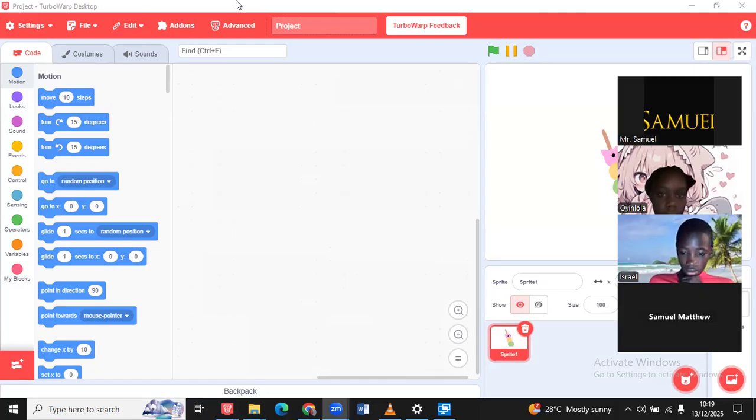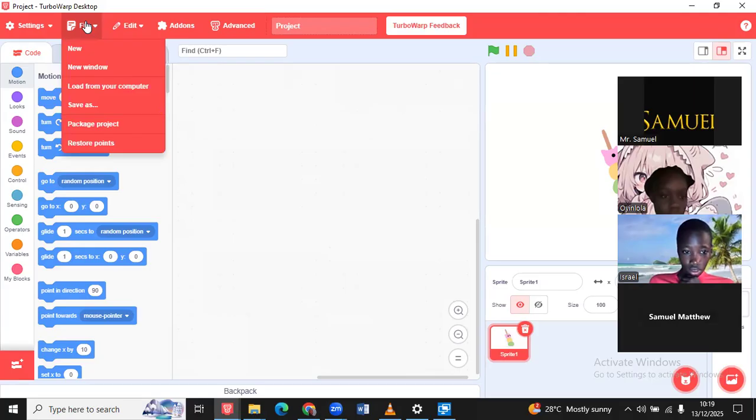So I'm going to upload the file. I'll come up here to this file, click on file. You will see load from your computer. So click on load from your computer,